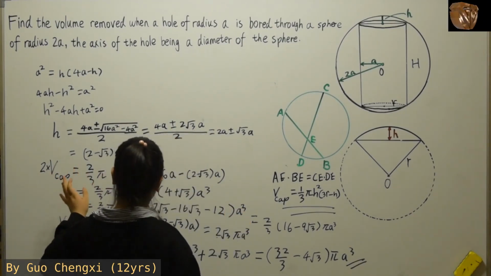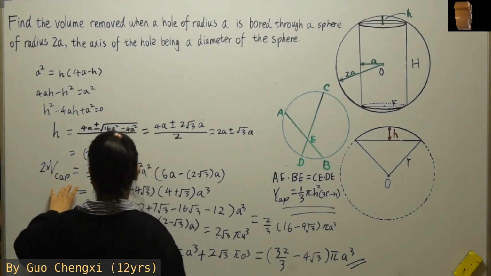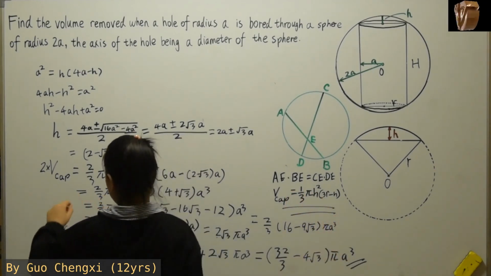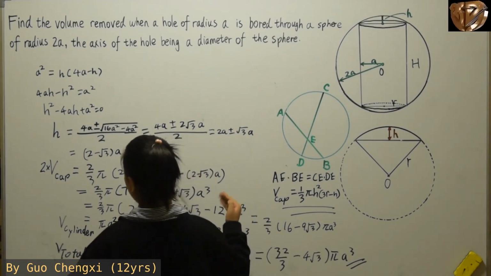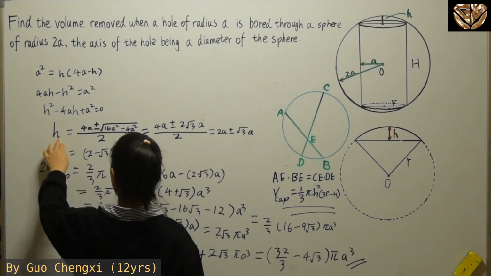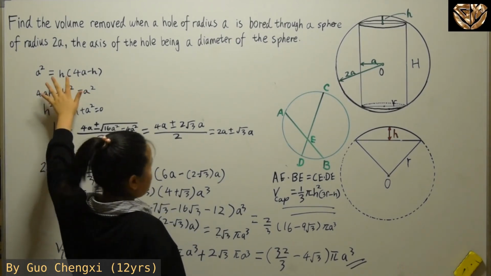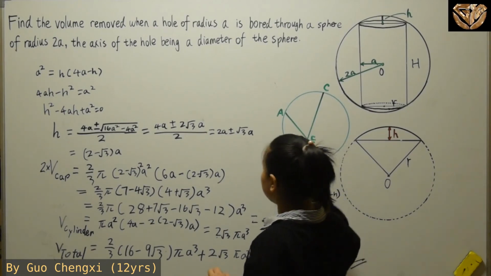And to find it, we used the quadratic formula. Over here, for the volume of the cap, we basically use this formula. And for the cylinder, we basically use the circle times the height. And to find the height, other than using the quadratic formula, the first step over here, we referenced it back to the